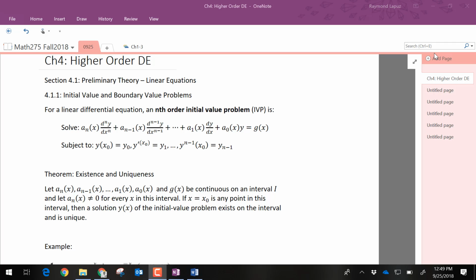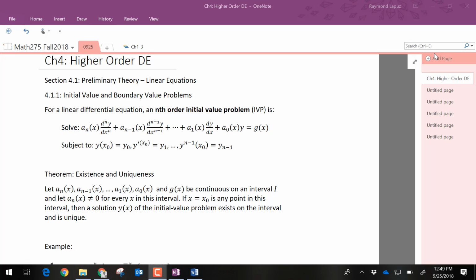So today we start with higher order differential equations by laying out some foundations. We're not exactly going to be solving for anything today yet, because we need to lay out some foundation. And for us, our focus will be on linear differential equations. So let's start talking about